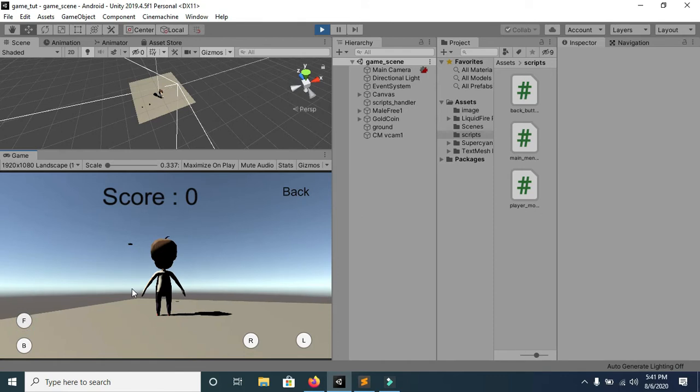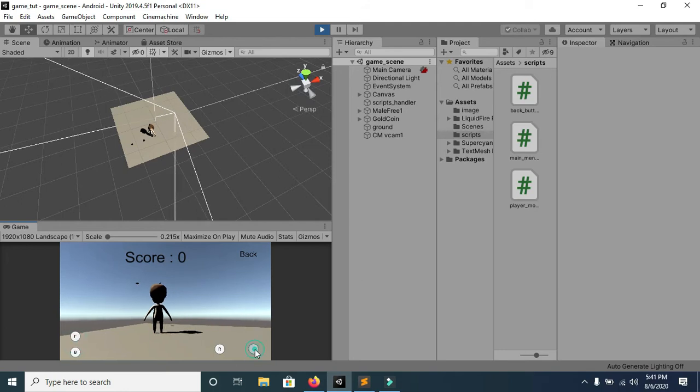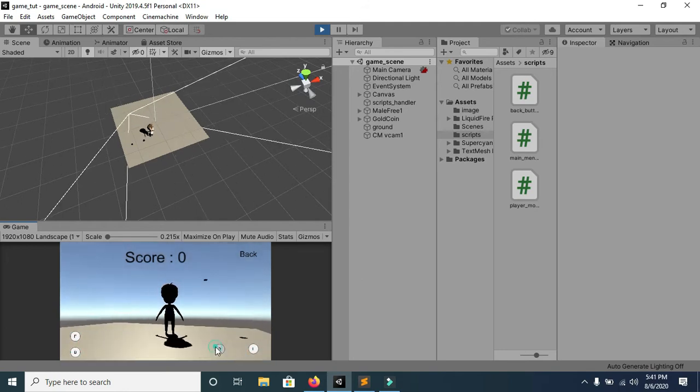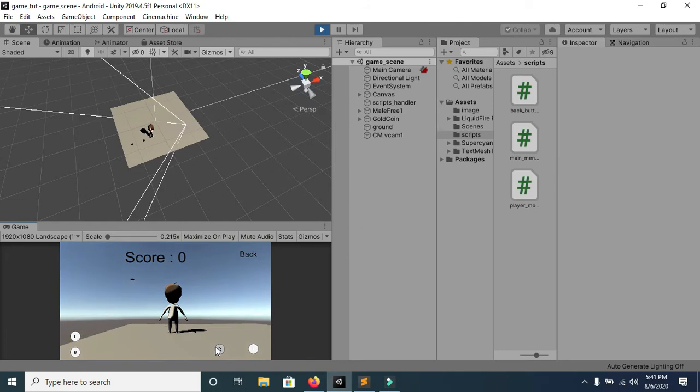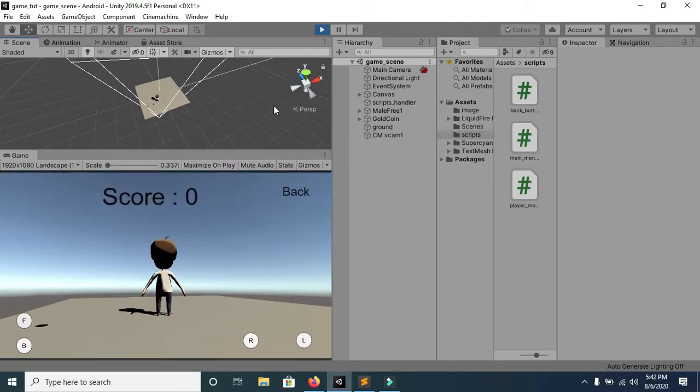If you want to see it more clearly, you can look at this game scene, where our camera is also moving with our player. Whenever we rotate left or right, our camera also rotates. In this way we can make changes in our camera and easily track our player's position, and we can see what will be falling from the sky, so that we can easily collect all the coins which will be falling from a certain height.